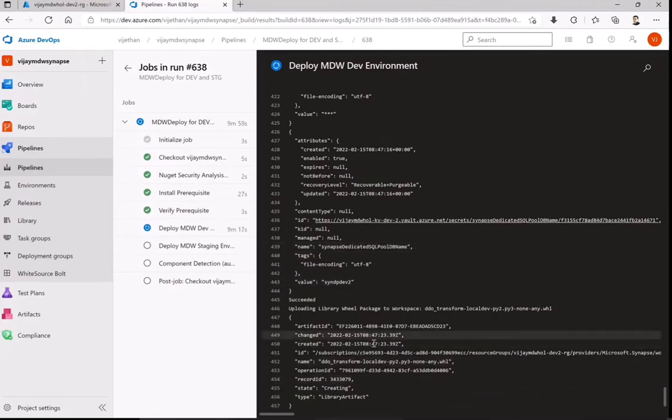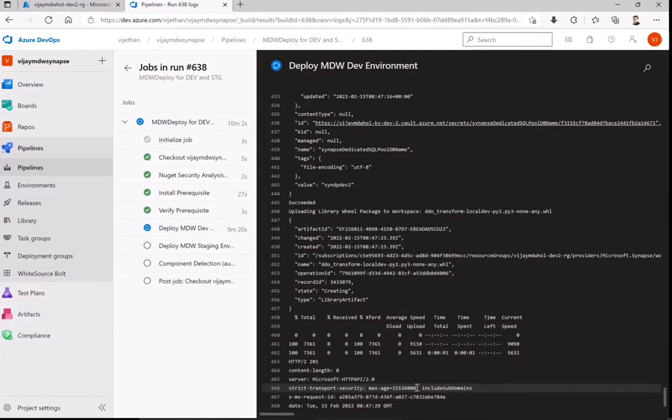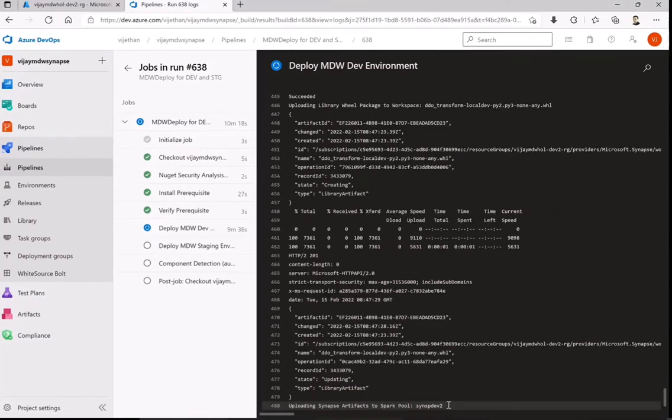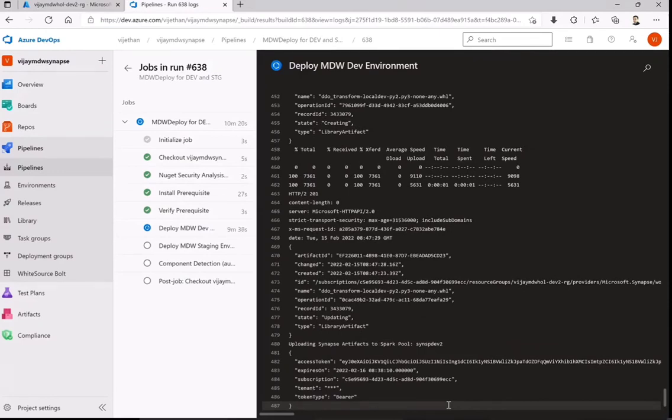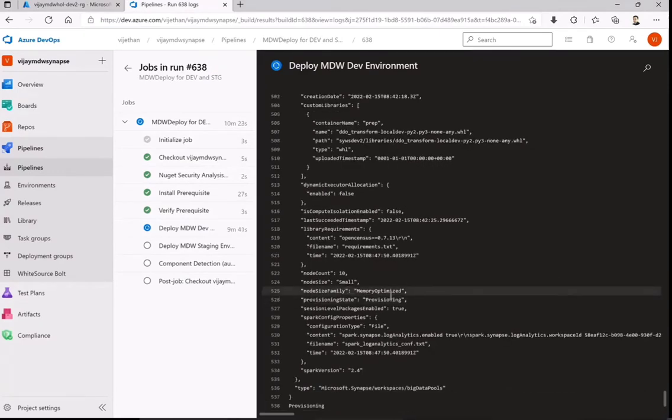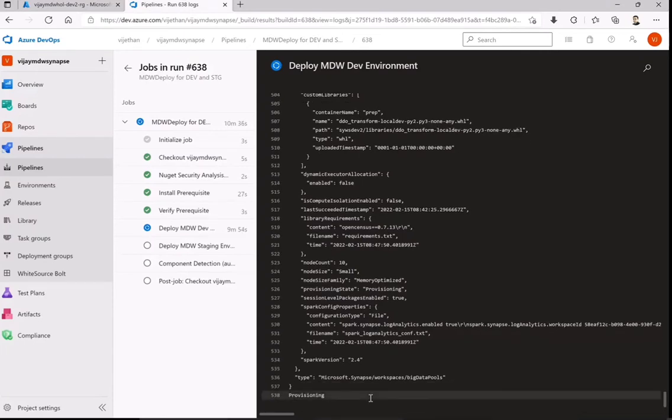Okay, now while it does the integration part, it will require some Python wheel packages. So that is what it is uploading and trying to provision in that environment. For that, it will require an access token from the Synapse workspace, but that requires admin permissions. That is the reason I said that while we do this, the service account should be owner, so that with the help of that you get the bearer token, and then you are able to provision that environment for that particular Synapse. Currently it is provisioning that workspace for us.